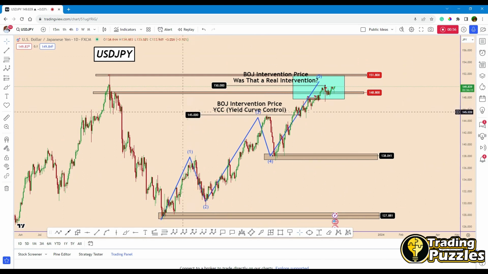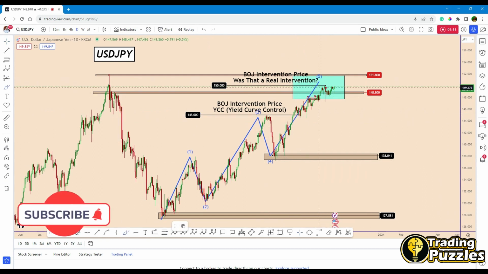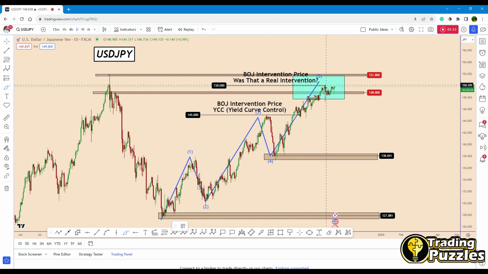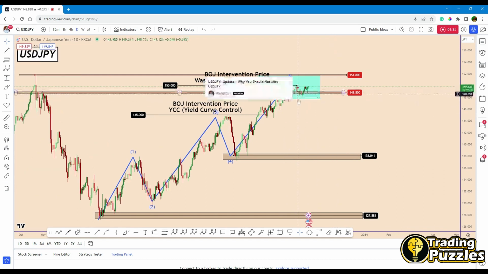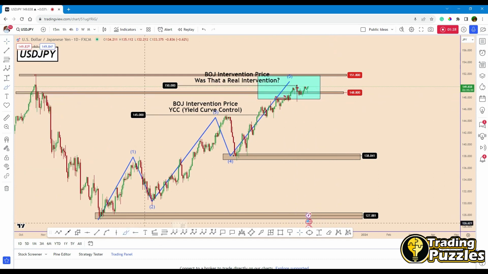Since the previous time, we saw that the Bank of Japan said that they were going to intervene when the price would be at 145. They didn't take further steps here, and they reacted only when the price reached 150. From this point, from top to bottom, the price moved very aggressively. It was nearly 290 pips down. On the daily chart, we can see this candle closed bearish as well, and later the price recovered again.